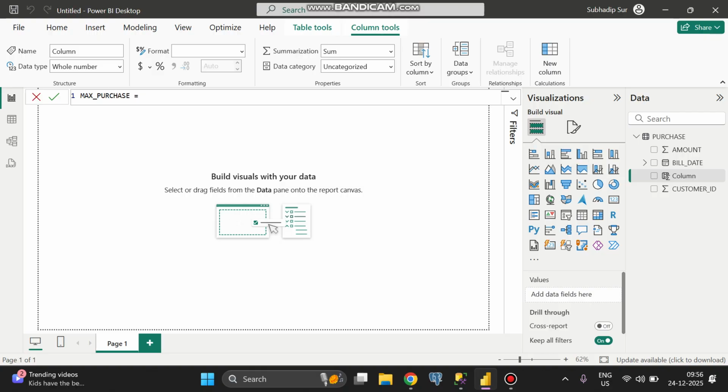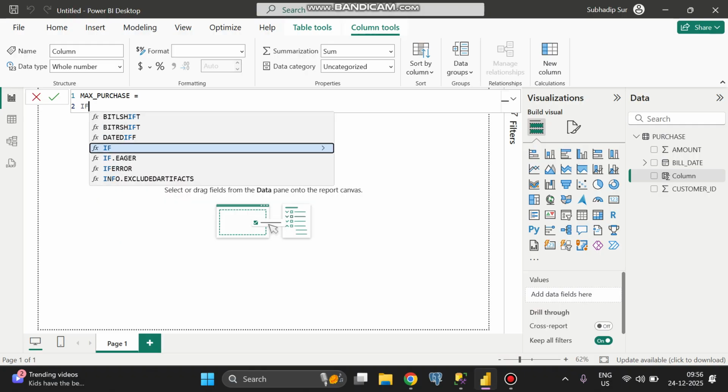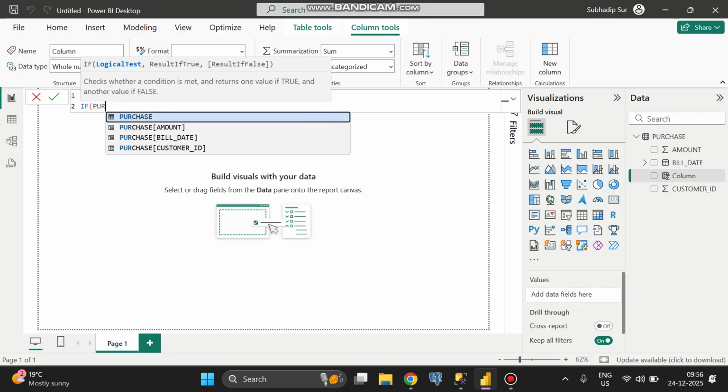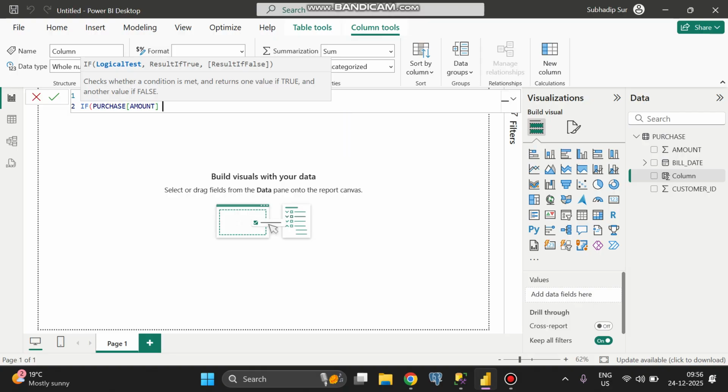Then I need an if condition, so I will write if purchase amount equals